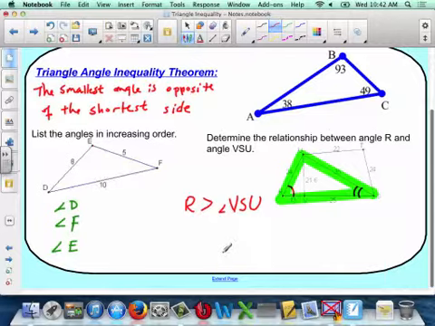Okay, does that make sense? Okay, do we need any clarification on this concept? Okay. Now guys, the absolute reverse of this is also true. So where would I find my shortest side? Okay, just in general. Opposite of